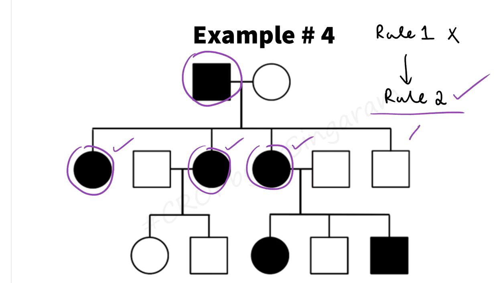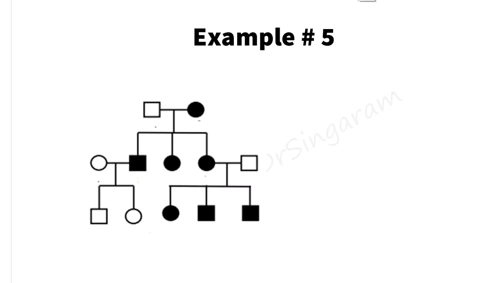Now your diagnosis stops here. What is the diagnosis? The diagnosis is nothing but X-linked dominant. That's all. Here it's a classical example of X-linked dominant pedigree. Are you able to understand this? So that is why you always apply and go by the rules. You will never go wrong. Let us look at the next example.